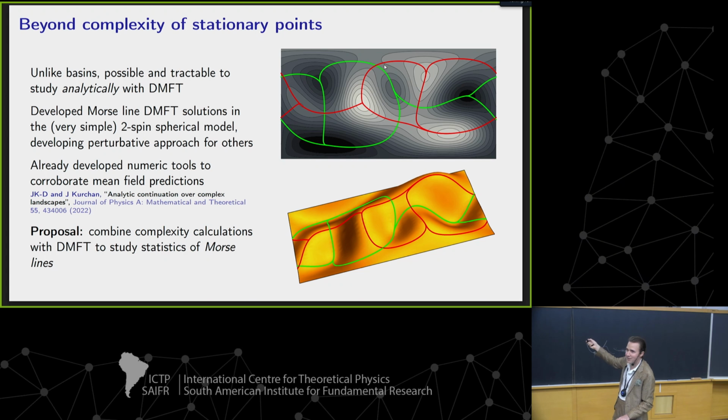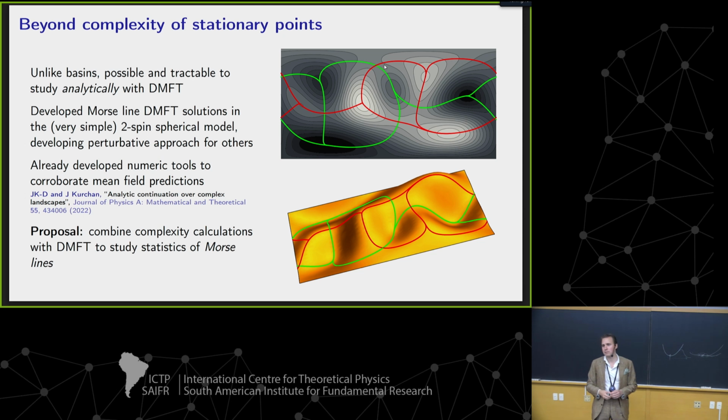Analytic continuation over complex landscapes. We have one paper called complex landscapes, which in Jorge and my opinion is the best name for a paper that we can have. And here, this problem was looking again at decomposing partition functions into these things called Lefschetz thimbles, in the case where you have a lot of Lefschetz thimbles, and asking when is it tractable, what sort of lessons can you learn? We have some partial answers, but we did a lot of delving into the complex structure here. I see. Yeah, because our example with SYK was that you can get replica symmetry breaking dominant solutions in the large N by going to the PT symmetric case.